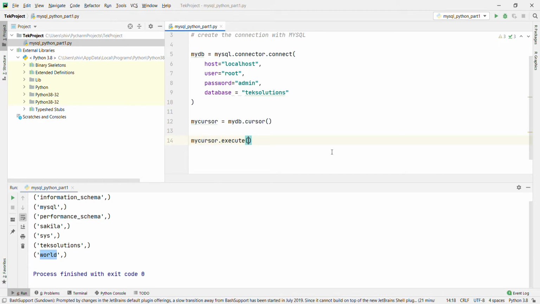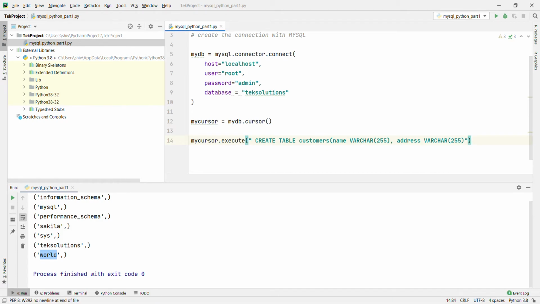and now going to create the table customers. Create table customers, name varchar 255, and we are going to pass the address varchar 255.